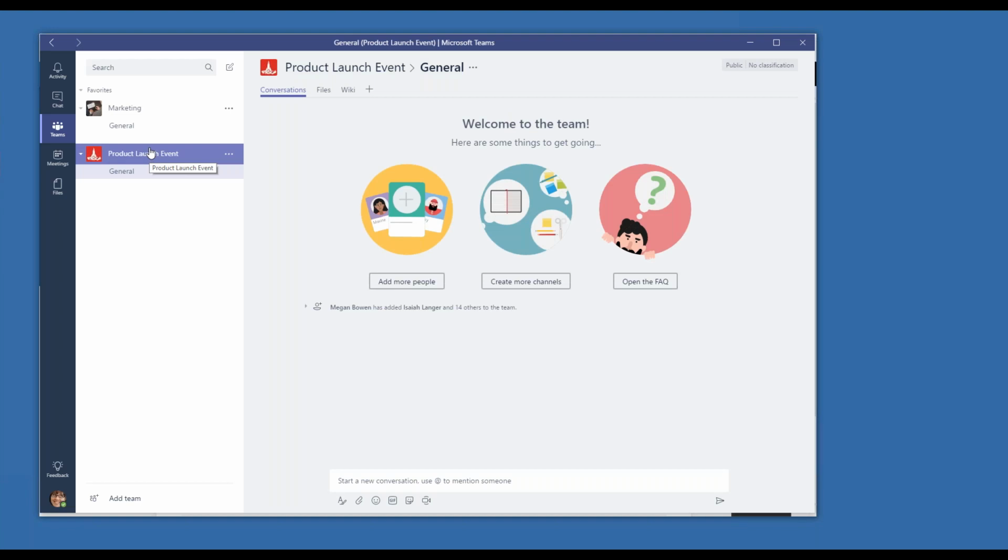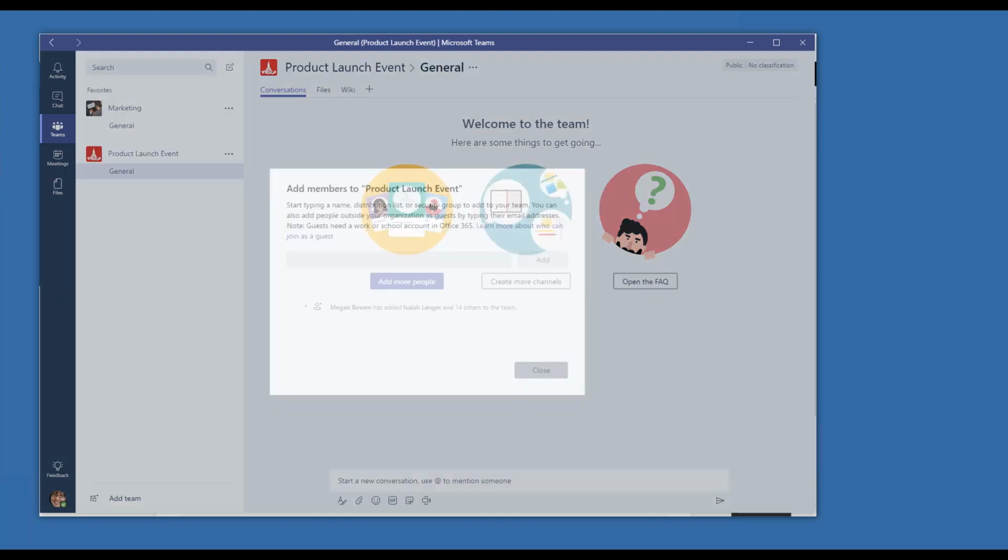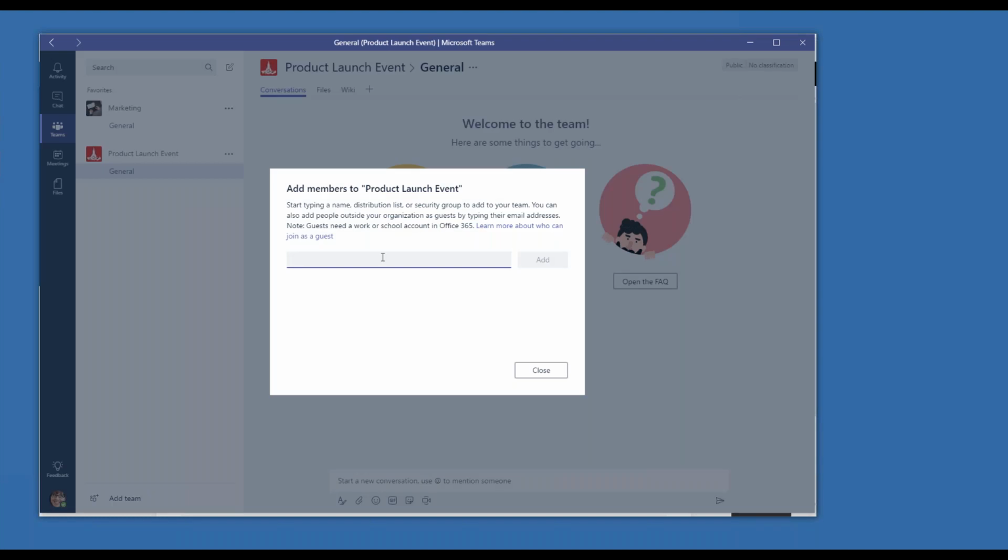Go ahead and create that. Now we need to add some members. So I want to add some people to this group. So who's going to be in my group? Well, I think I'm going to add Alex